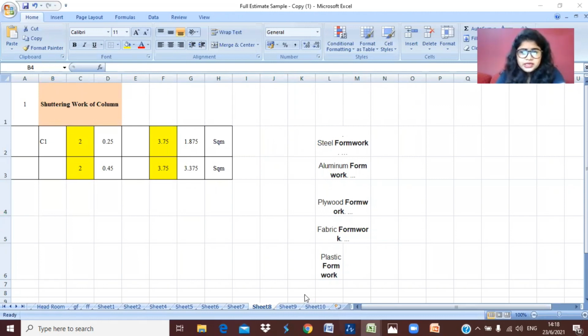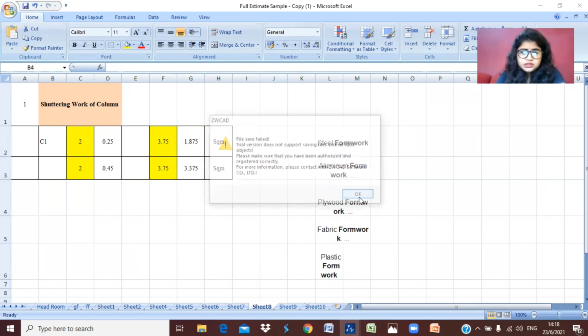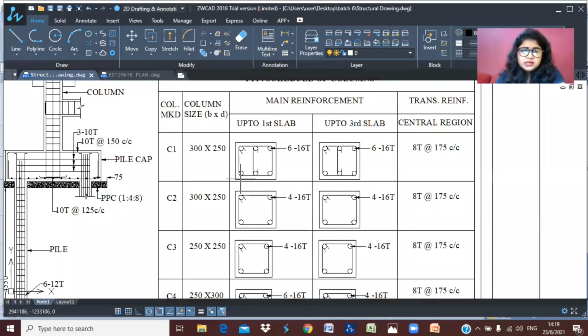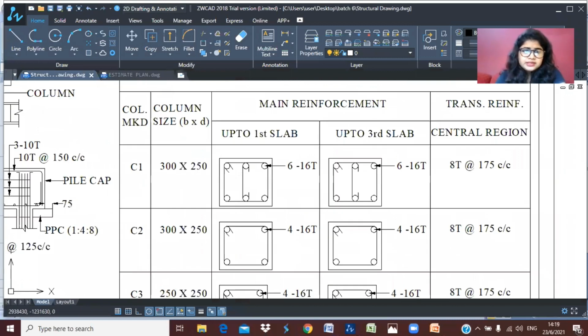You can see in this structural drawing, we will take C1 as an example. The size of C1 is 300 into 250, and we will do the shuttering work for this column.